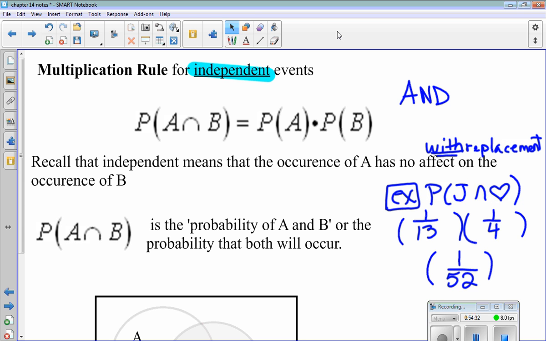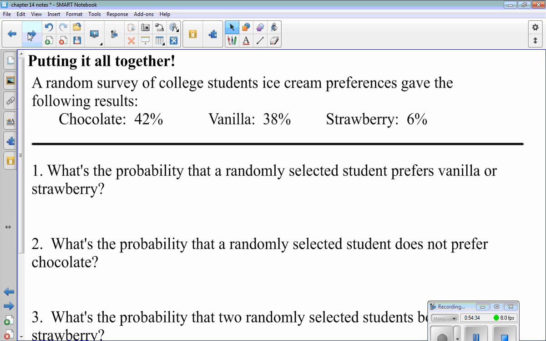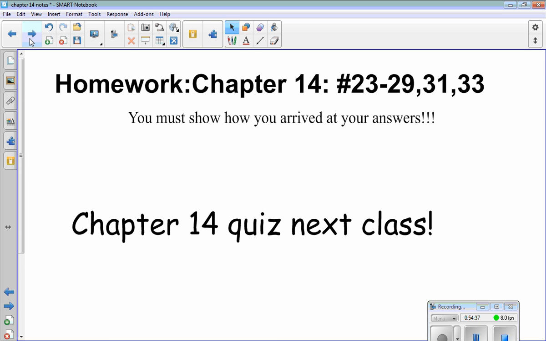All right, so you have homework to do. We're not going to do it. We're running out of time. So I want you to do 23 through 29, 31, 33. I realize that there are odd problems here, and the odd answers are on the back, which is why I'm saying show the work. Did you use the addition rule? Did you use the multiplication rule? Did you draw